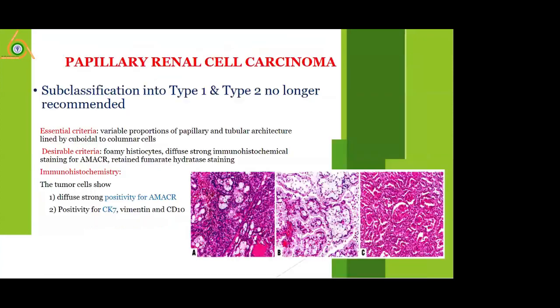What is the change in the new WHO? As they say, if you know your previous listing, kidney tumor. Initially, for many years when we were trained, we were told that papillary RCC is classified into type 1 and 2, with type 1 having indolent morphology and indolent behavior, while type 2 will have nuclear stratification and aggressive behavior. For clinicians, it's still type 1 and 2, but